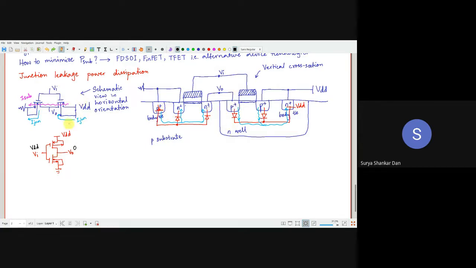So since I have done it on the horizontal orientation, okay, इसको अगर हम horizontally draw कर रहे हैं, basically it's just the physical layout, but instead of physical layout top view, I have done a vertical cross section यहाँ पर. देखो, तो जैसे कि देख रहे हो, this is the ground. Ground is connected to the body tie. This body tie over here is connected to the ground. That is the body tie.